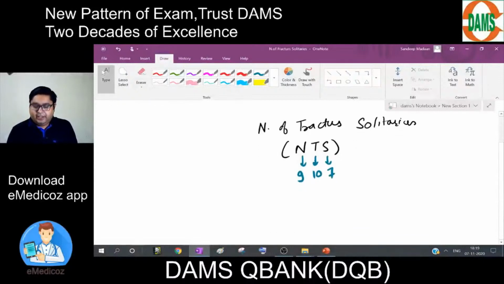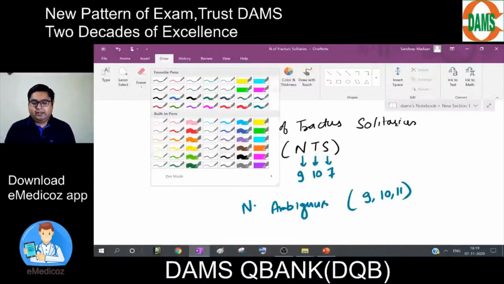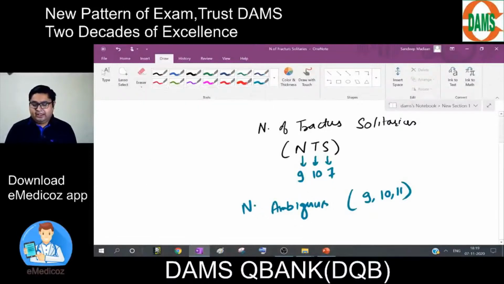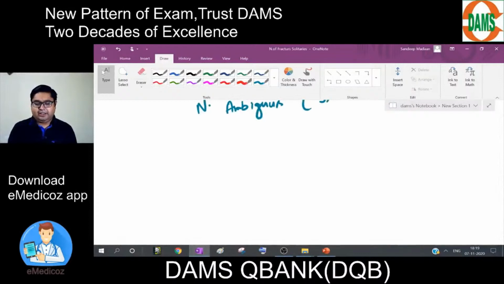Now we can look at the other nucleus, that is nucleus ambiguus, and this nucleus is again a compound nucleus, and the components are 9th, 10th, and 11th. So we have seen two nuclei. One of them is NTS having 9, 10, and 7. The other is nucleus ambiguus having 9, 10, and 11. And now when we are looking at these nuclei, let us start the discussion of the 10th nerve. And you see we have,